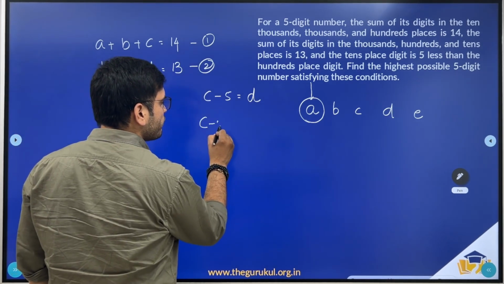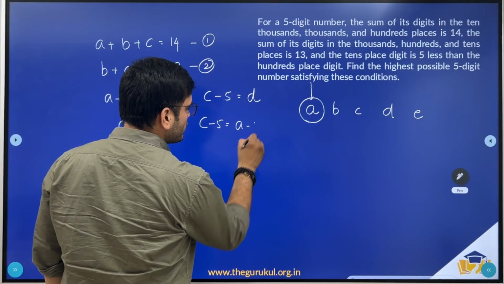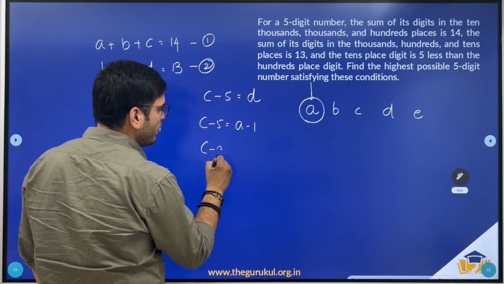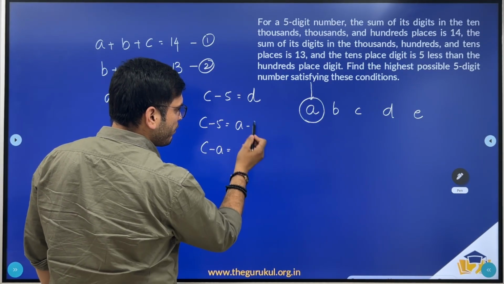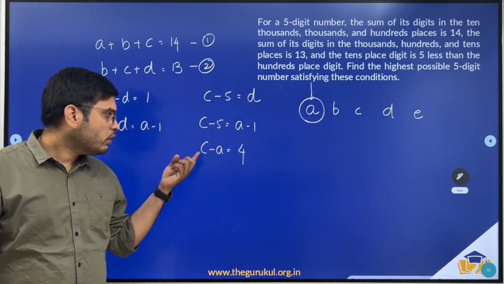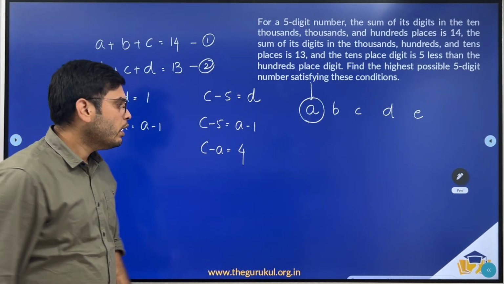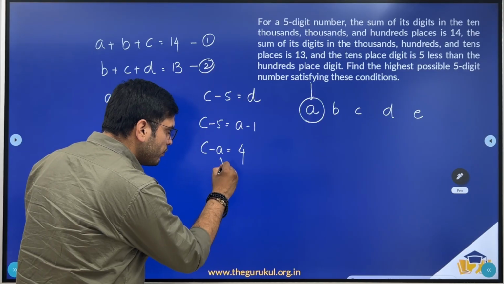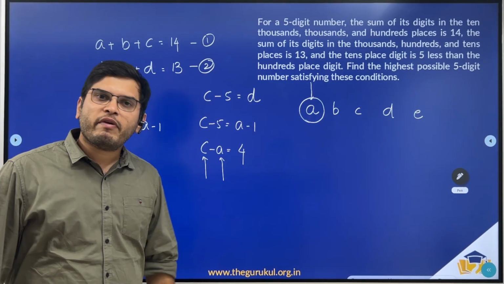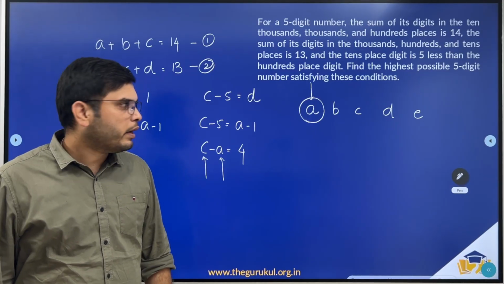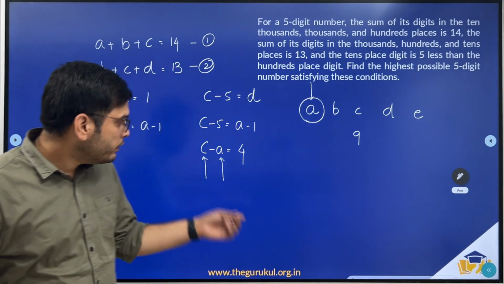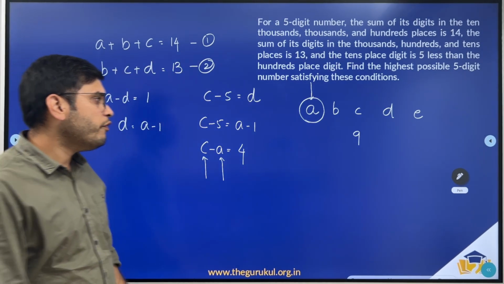So c minus 5 is equal to a minus 1, or shifting a to the left-hand side, c minus a is nothing but 5 minus 1, which is 4. Now c minus a is equal to 4. For a to be maximum, c should be maximum, right? Now what is the maximum possible value of c? 9. So the maximum possible value of c is 9, then the maximum possible value of a would be